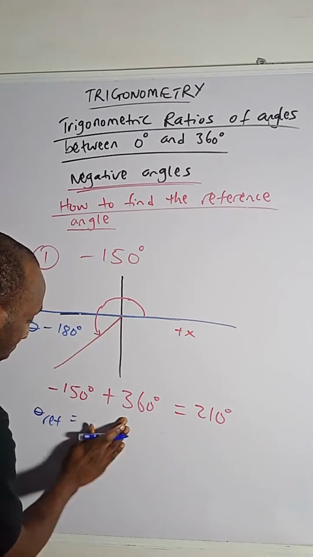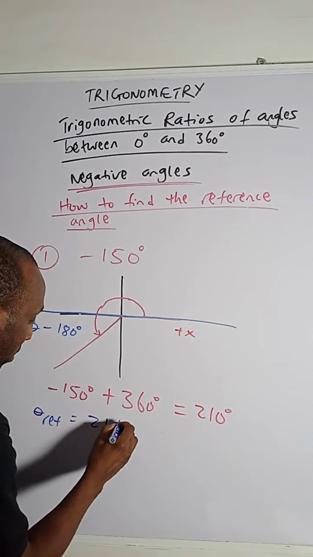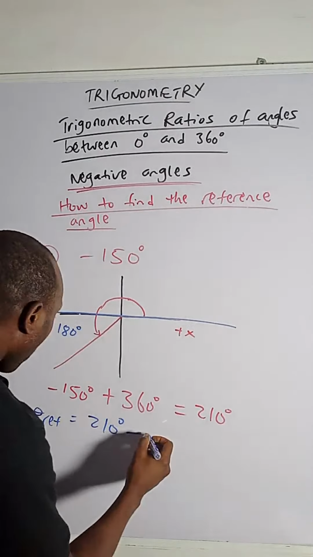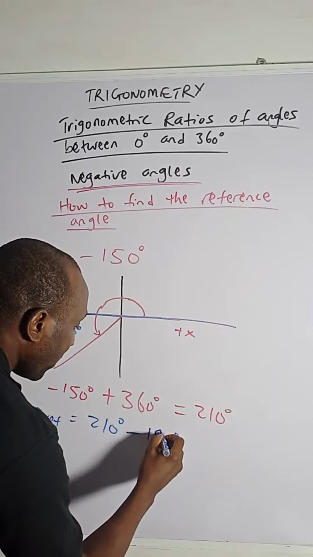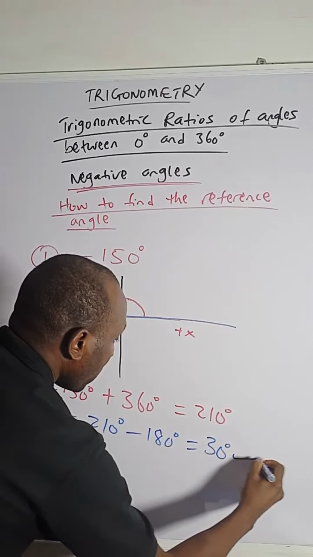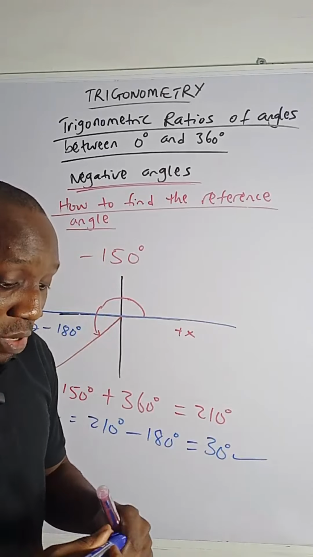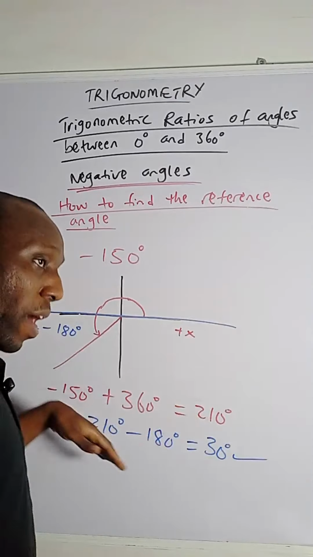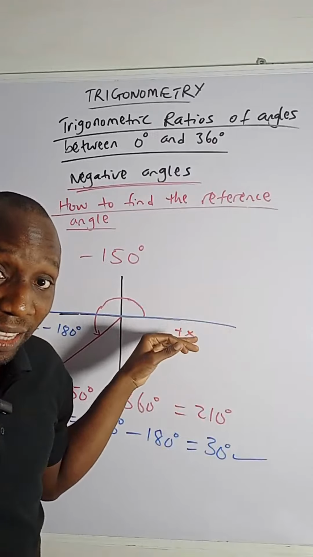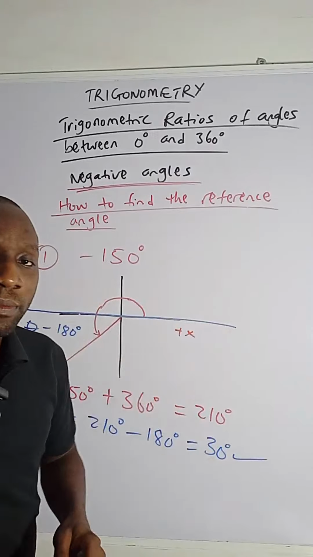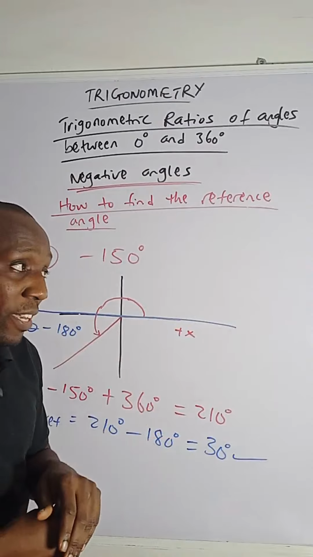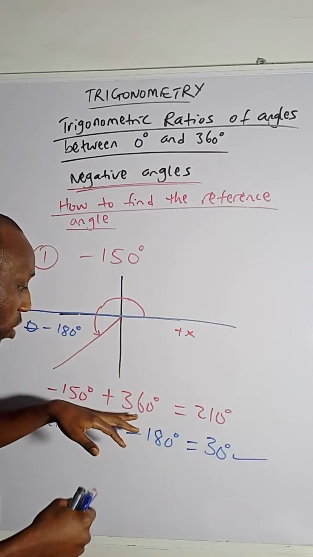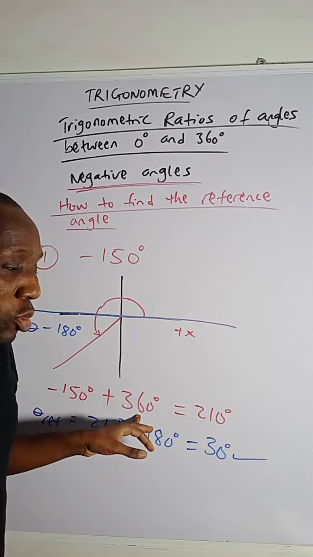So you have 210 degrees minus 180 degrees, and that's what? 30 degrees. So can you see that we got the same result when we sketched it out using the clockwise movement from the positive x-axis, right? We got the same result. So anyhow you want to do it is fine. Just make sure this one first, we added 360 degrees to get,